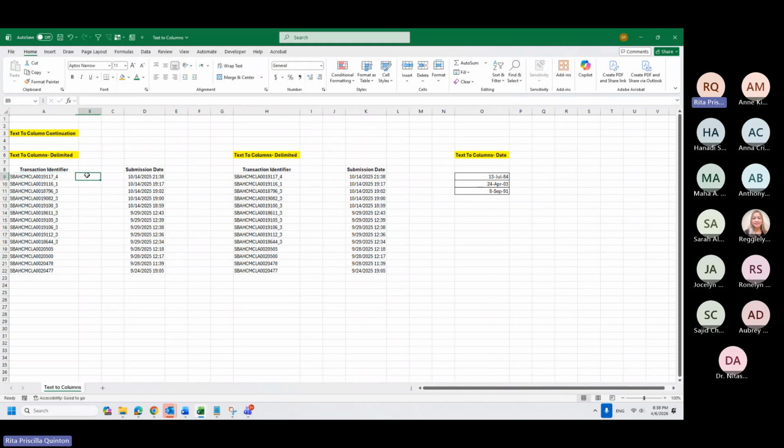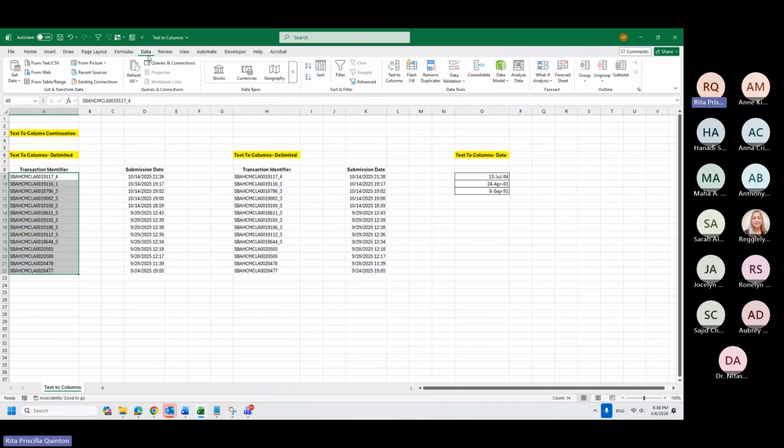So when we VLOOKUP it versus our actual claims data in HIS, you will not be able to find this, but you will be able to find this. So how do we remove them without doing it one by one? Just highlight them, go to Data, Text to Columns also.